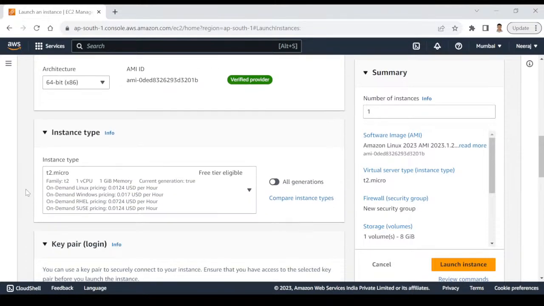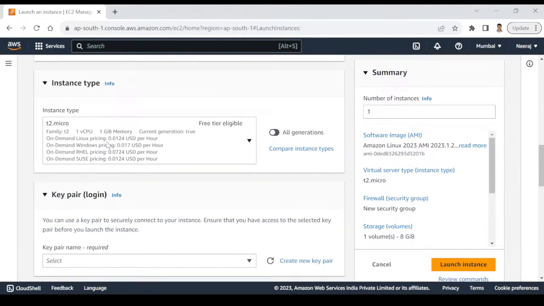You can see instance type. As I said, there are different types of hardware configuration available. You can see the first one, T2.micro. T2.micro is the type of instance. And what details are here? You can see this one: one vCPU. vCPU means virtual CPU. And along with that, 1 GB of RAM, right? So if you are doing just some testing or some learning process, this is sufficient. One CPU and 1 GB of memory. It's not hard drive, it's your RAM. 1 GB of RAM. And as far as hard disk is